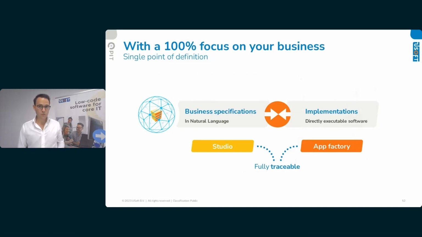And this is also what we do from a software vendor perspective. We always start with mapping the business process and the business rules in natural language. And only then do we move to developing software, basically mirroring that business process and the rules. So that means that any software that you develop is always a spitting image of exactly the business rules that you need to be executed. And therefore, it's extremely powerful in helping you as an organization differentiate. And whether that's a full core system or on top of commercial off the shelf, it really helps you to focus on where you can make a difference.